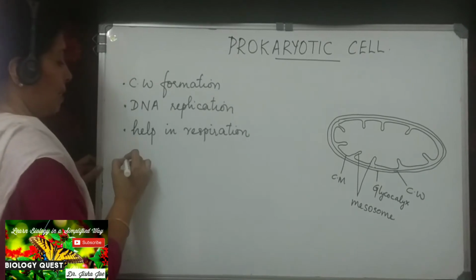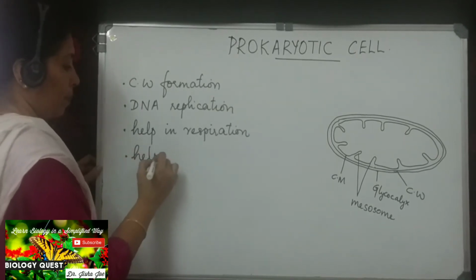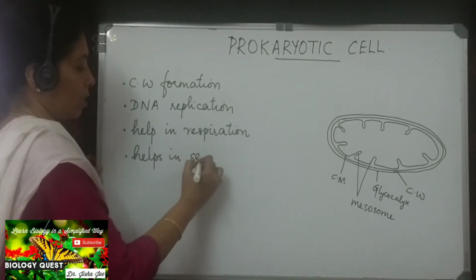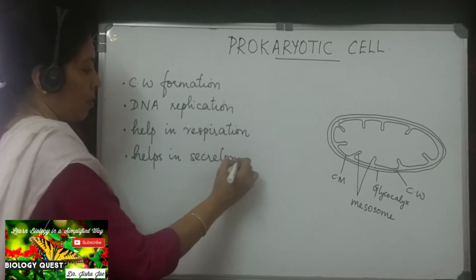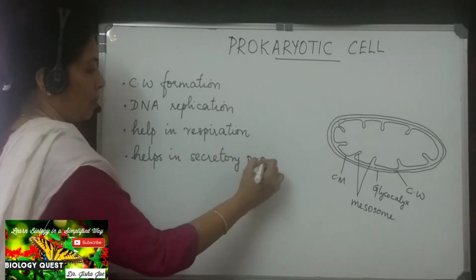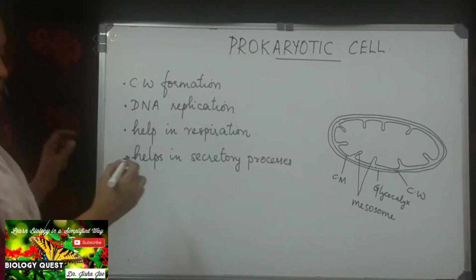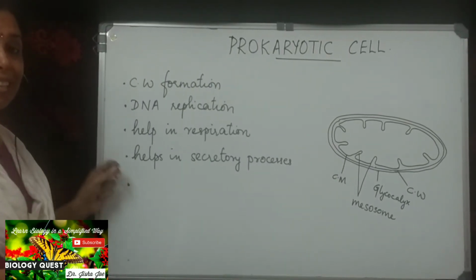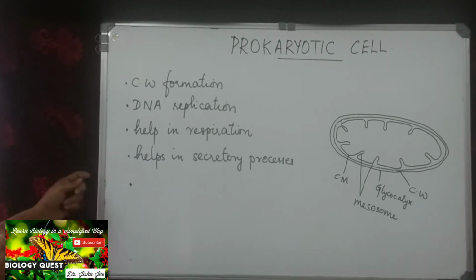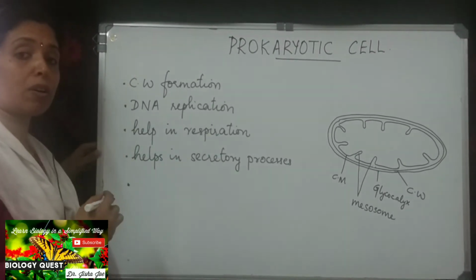They help in secretory processes. And mesosomes help increase the surface area of the plasma membrane, and as I